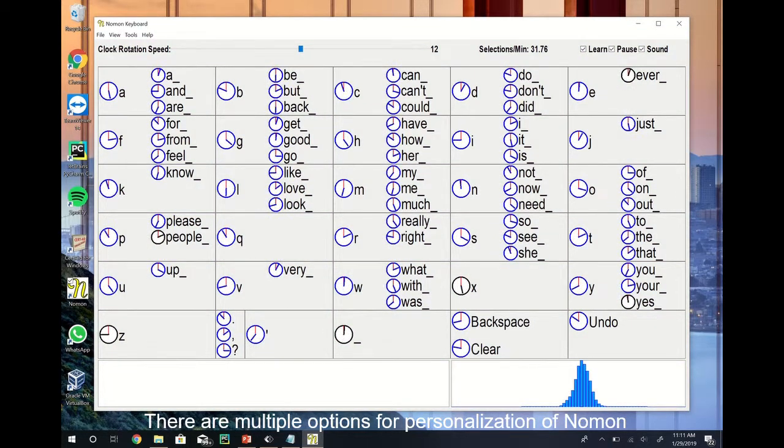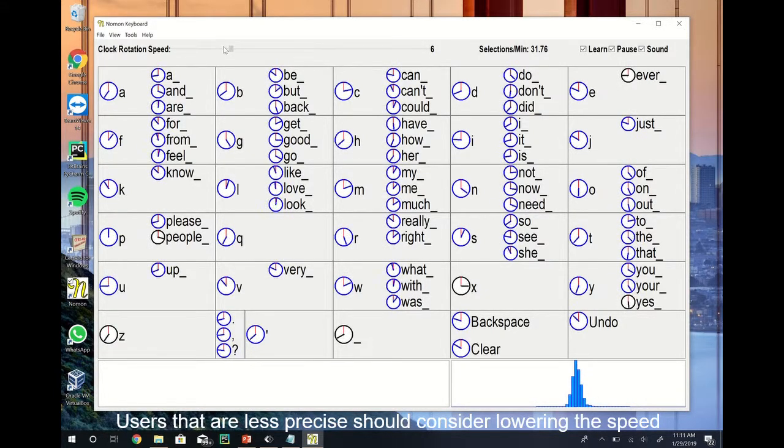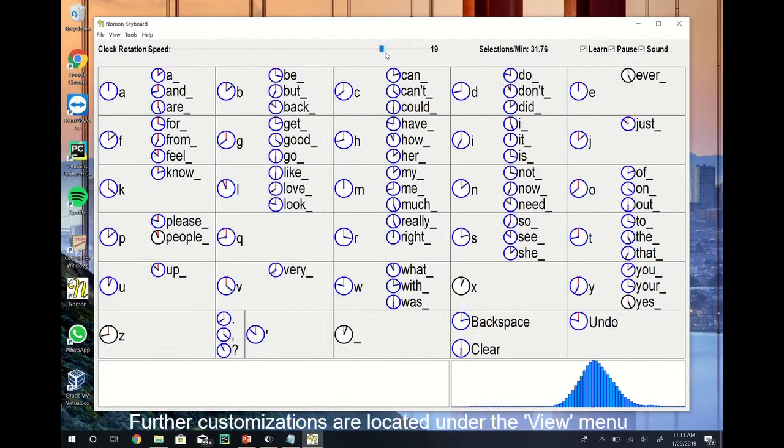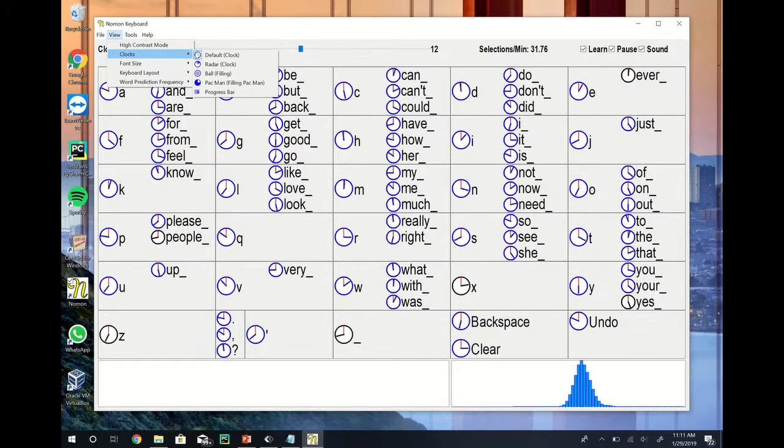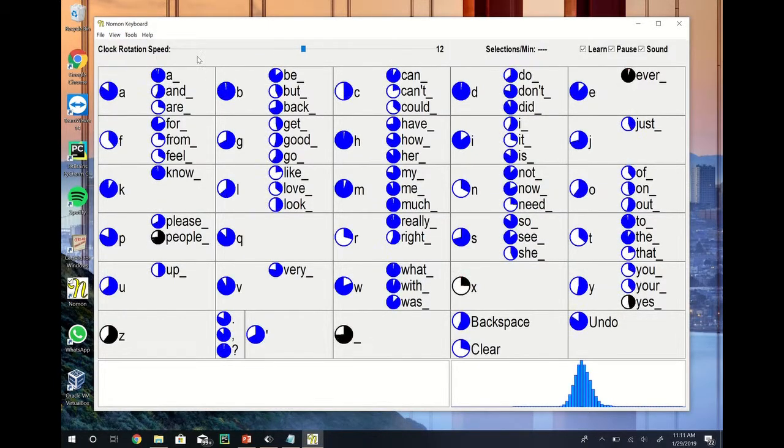There are multiple options for the personalization of Nomon. You can adjust the speed of the clocks with the slider at the top of the screen. The default value is 12. Users that are less precise should consider lowering the speed. Further customizations are located under the View menu. There are different styles of clocks,